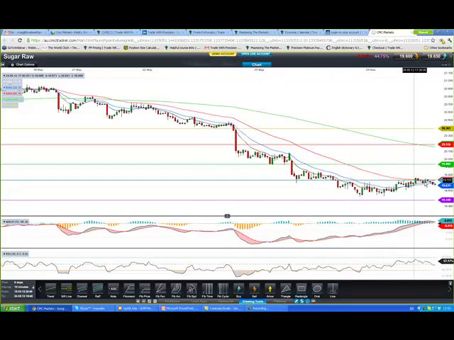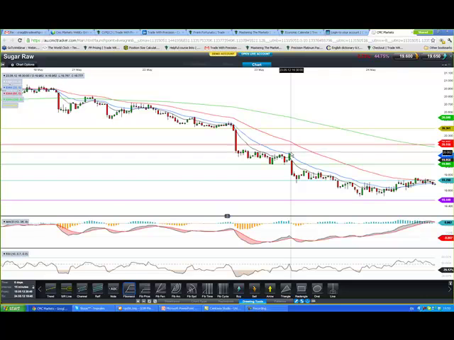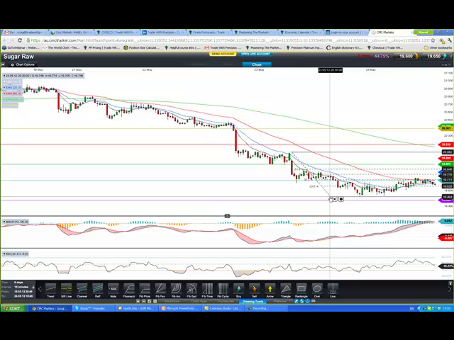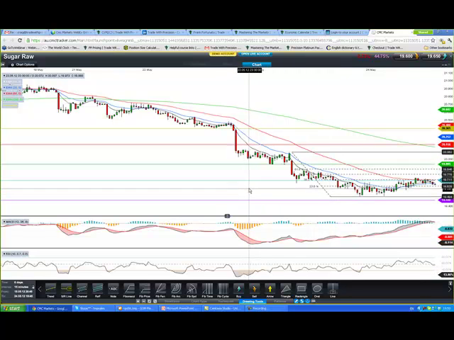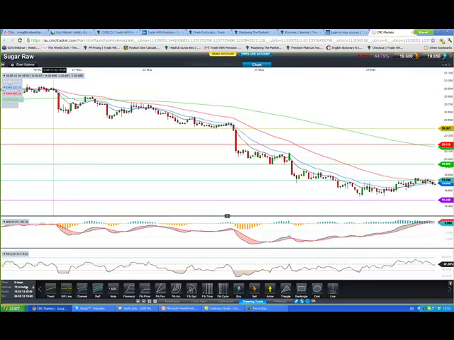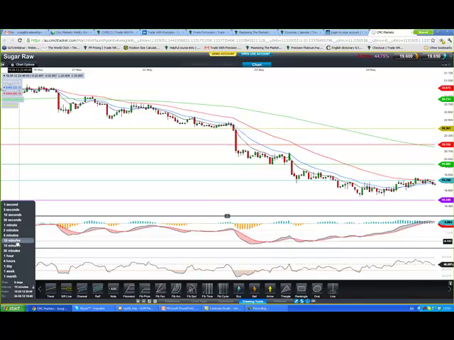We've also got the price bang up into this pivot point, this nice blue line. So what I'm going to do is draw a fib level in from here to the low, and I'm going to see if we've got a cluster. Yeah, we do. What I'm trying to do here, guys, is see if the pivot point matches up with either the 61.8% fib or the 50% fib, and it doesn't. 38 is too shallow. So there's nothing there. Let's go to the 60-minute.